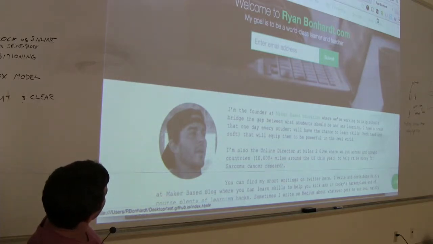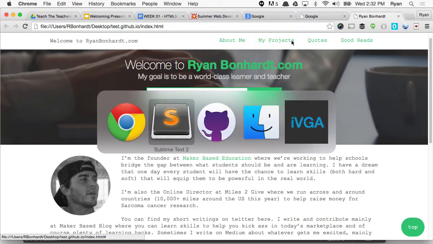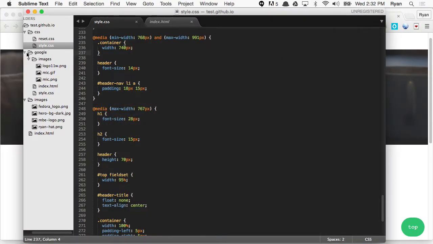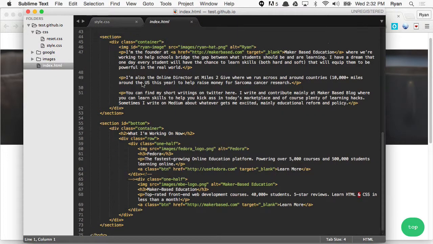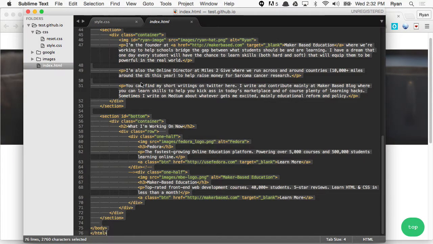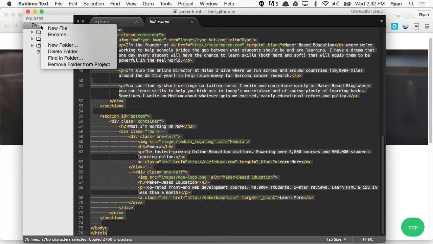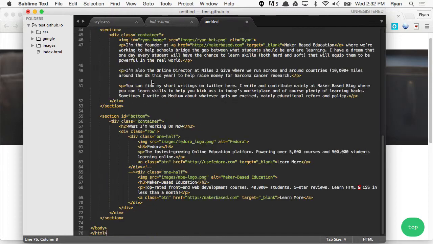A little fun with... actually, yeah, let's just go ahead and get this My Projects page set up, and then we're going to have a little fun with Flex. All right? So we're in this test.github.io, and what I want to do, just to make it easy on myself, is I'm just going to go ahead and copy everything from index, and I'm going to create a new file here in test.github.io, paste it in here,